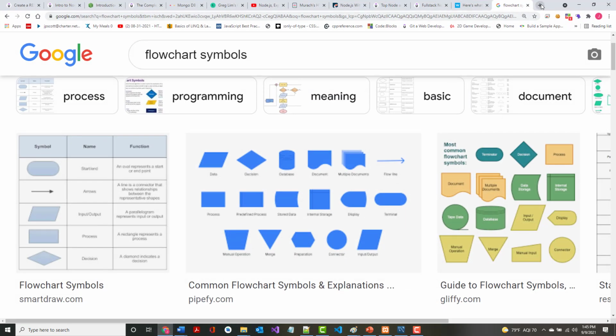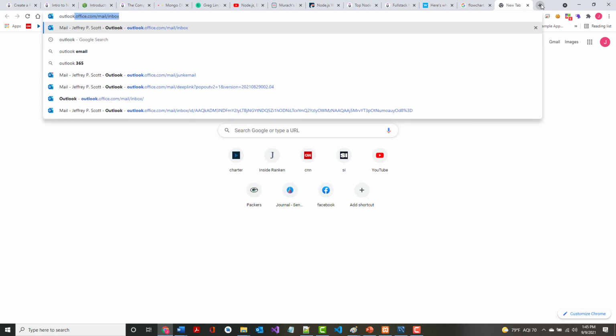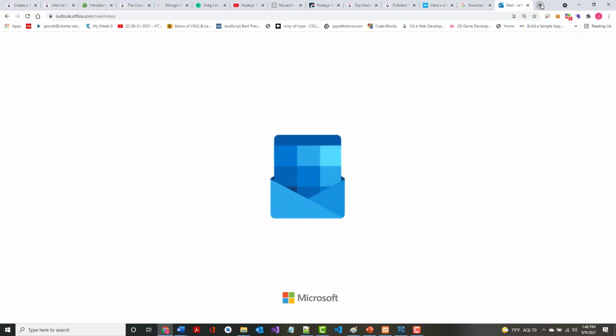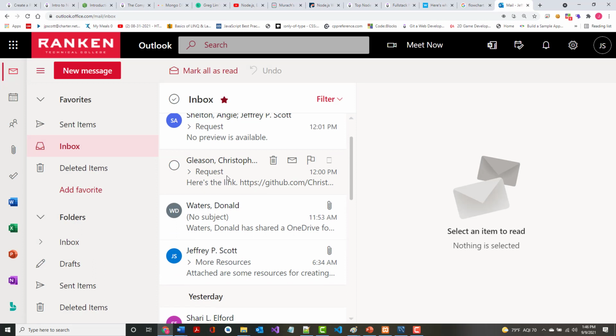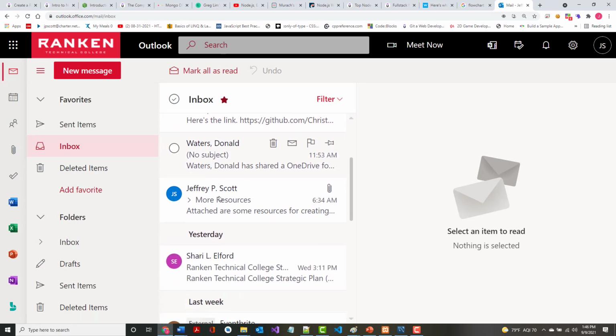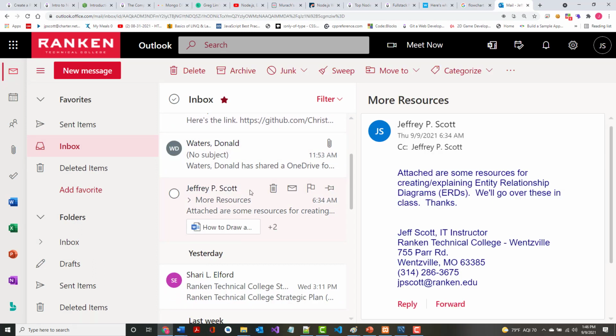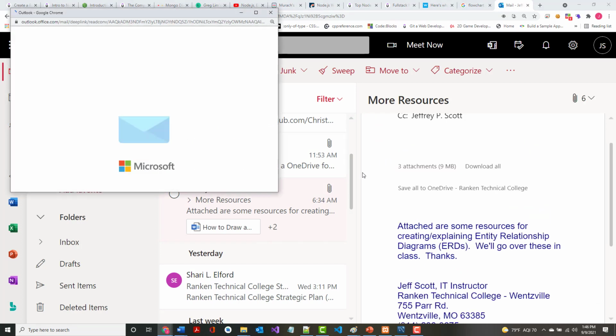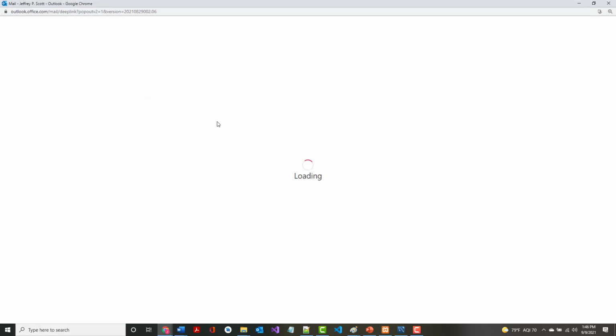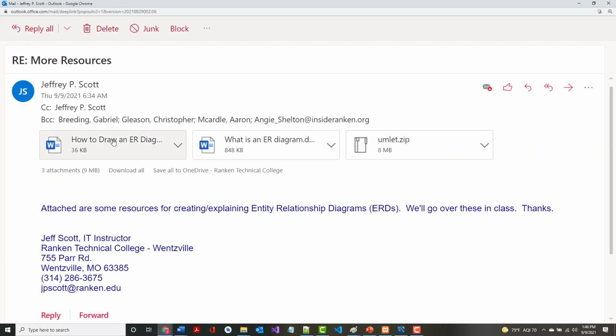let me bring that back up. One of the things that I emailed you where it says more resources, it says attached are some resources. We already went through this one, how to draw an ER diagram. We already went through this one, what is an ER diagram? So we've gone through both of those. This one you have to unzip. It's in a folder called